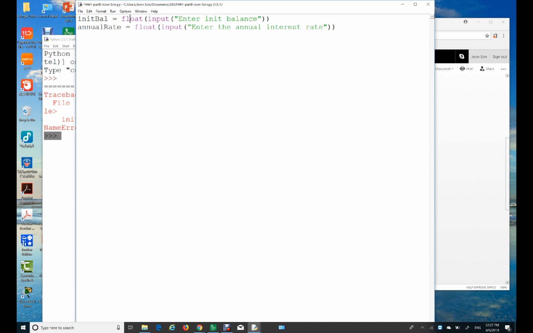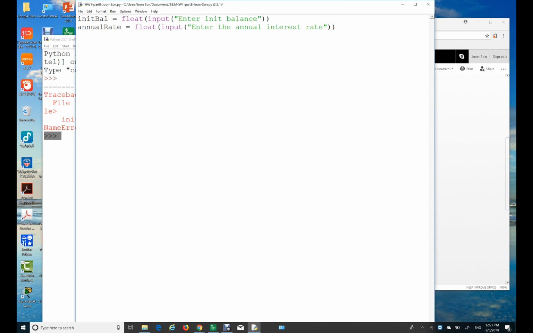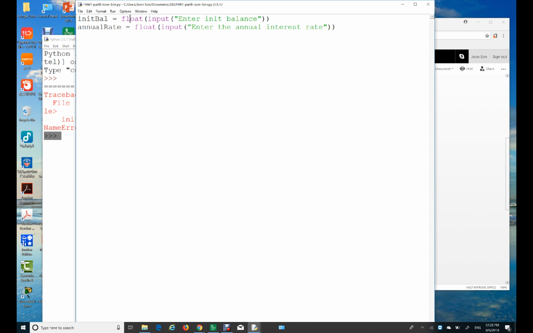Good thing is that since you only have 2 lines, when you run and you see this error message, you can easily find out where your problem is. But let's say if you have 10 lines, 20 lines, 30 lines, it's very hard for you to find where your error is, because sometimes this error message is very ambiguous. So for the next couple of weeks, I highly recommend that you just write a couple of lines, maybe even 1 line, and stop and test. Okay,